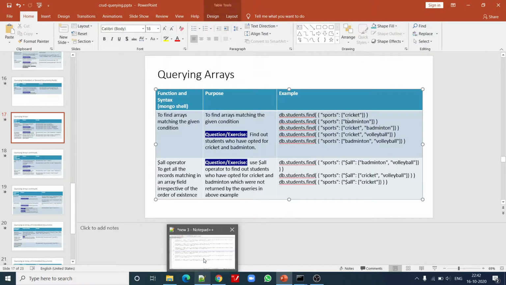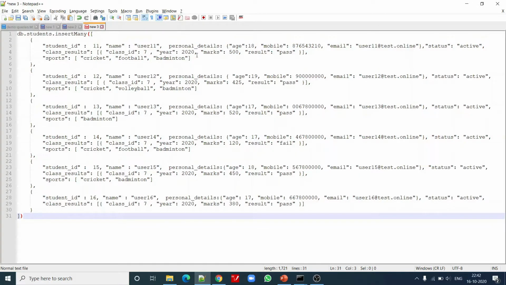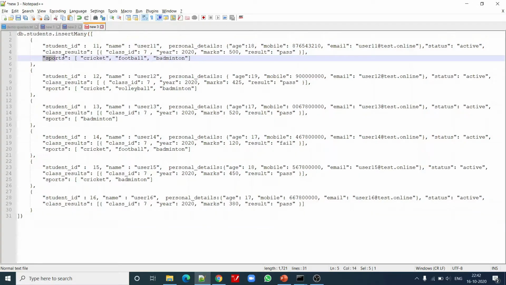As I mentioned in the previous video also, there is some data created in a collection, right? So let me show you that. We have already created some students who have participated in different sports. For example, this student has opted for three sports: cricket, football, badminton, and this student has opted for three sports.